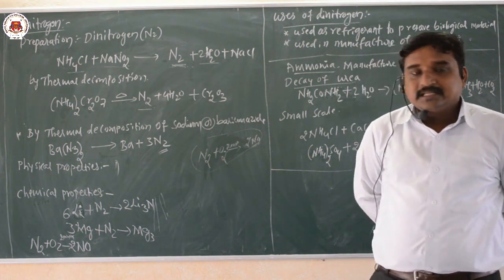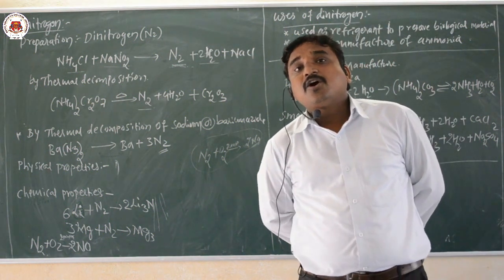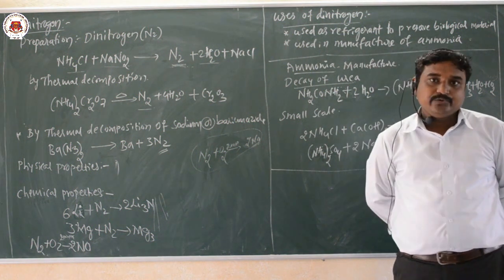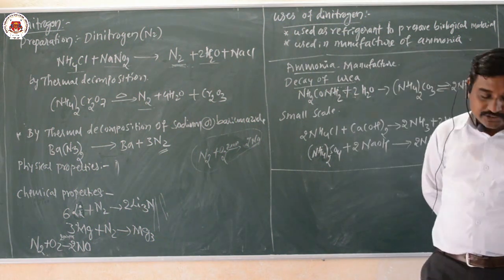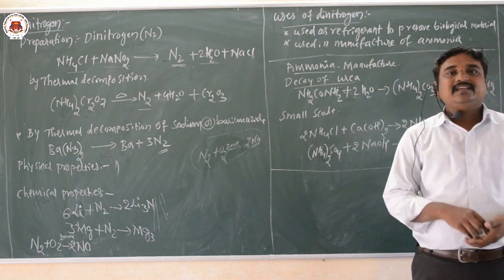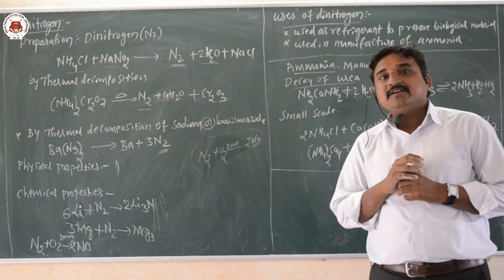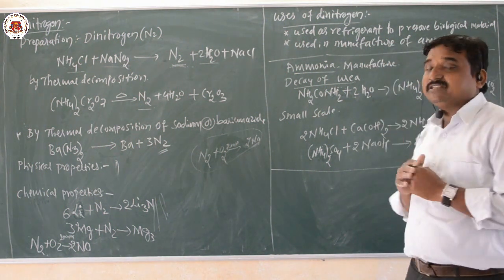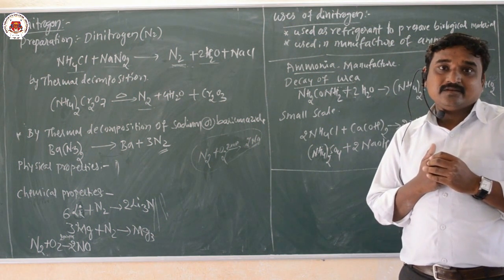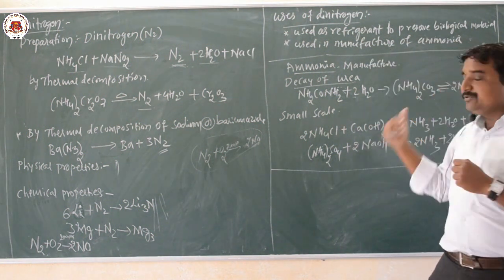Already we know that ammonia is formed by the decay of what here? Organic material containing nitrogen atoms. For example, urea, the formula NH2CONH2. That will undergo decay, decompose. These are the nitrogenous materials, organic matter containing nitrogen. The example I have taken is urea, which is used as a fertilizer.